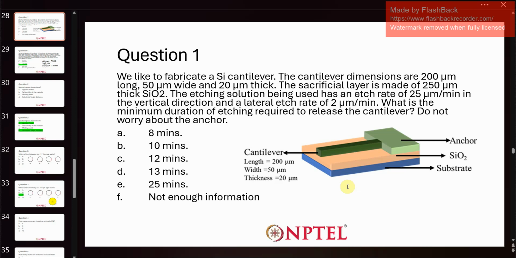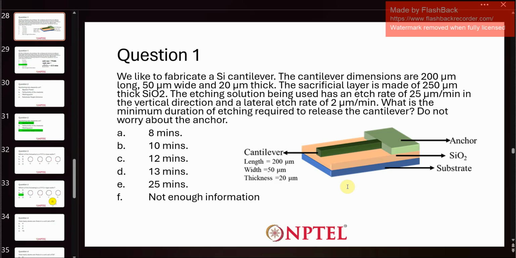So now you have an etchant. The etchant has a vertical etch rate of 25 micrometer per minute, and a lateral etch rate of